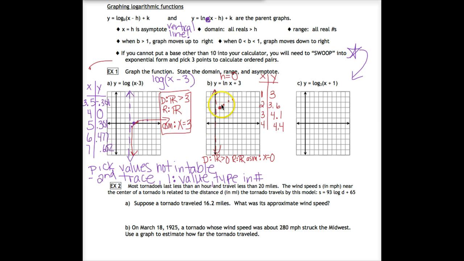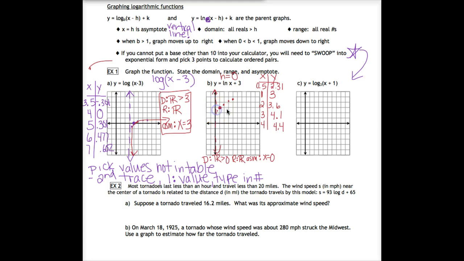Now, I need something in here. And again, I can't pick 0. It has to be bigger than 0. Generally, I usually pick the half, but you can certainly pick anything you want. So if I plug in 0.5 for my x, so I do natural log of 0.5, and then add 3, I get 2.3. And it's about 2.31. So 0.5,